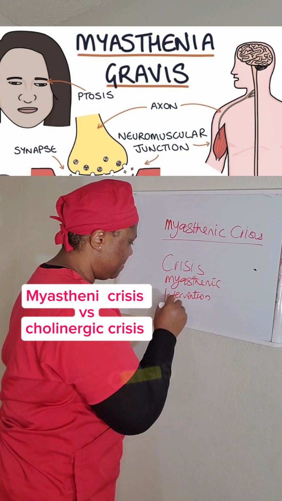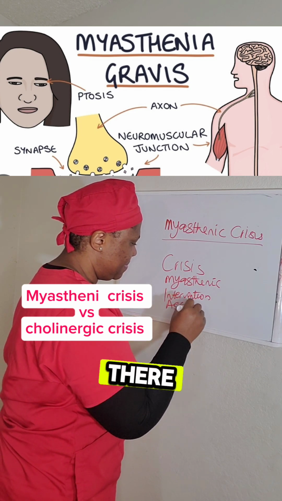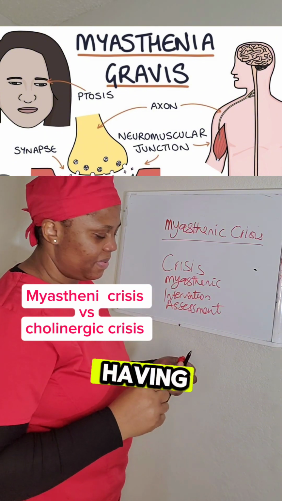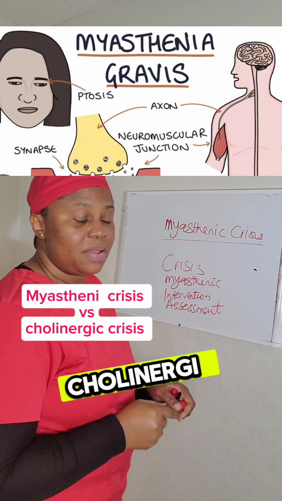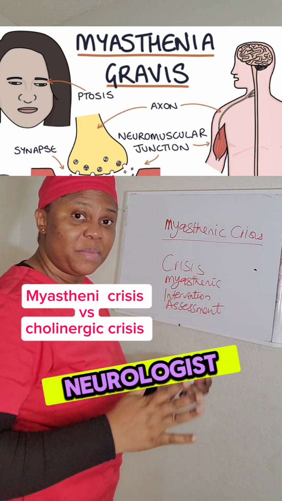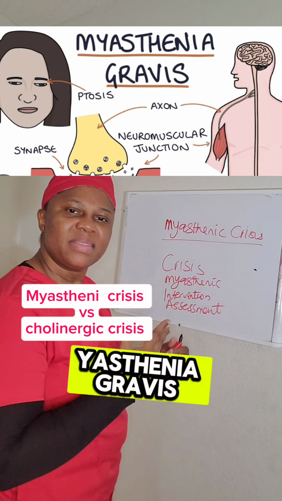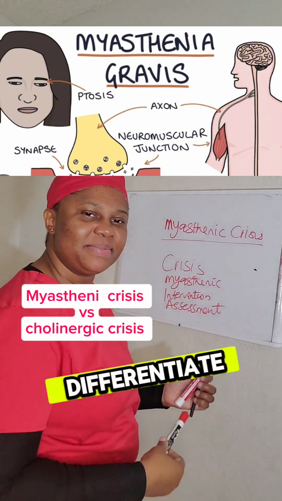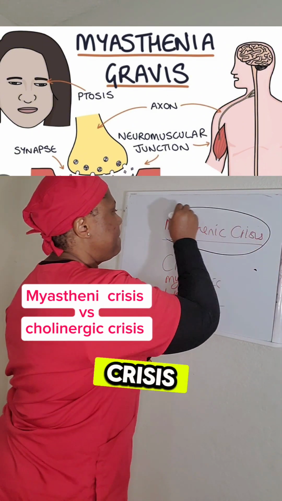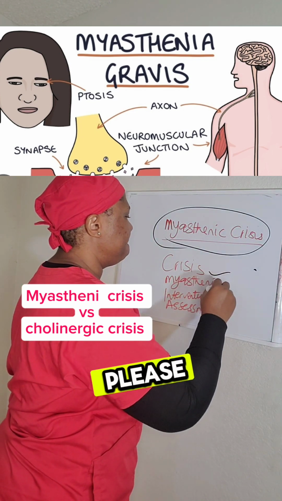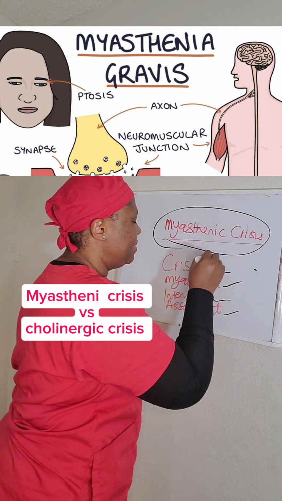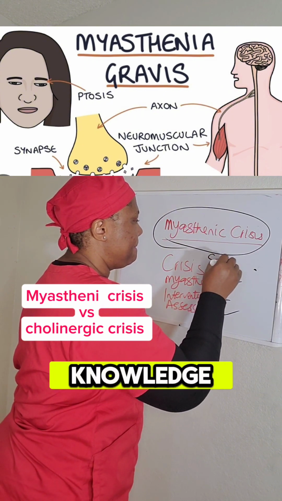or cholinergic crisis. There is a test that is used to detect if someone is having myasthenic crisis or cholinergic crisis. This test is performed by neurologists to diagnose myasthenia gravis and to differentiate between myasthenic crisis and cholinergic crisis. Let's go. Please pay attention because this is very important information, and Chris will test your knowledge based on